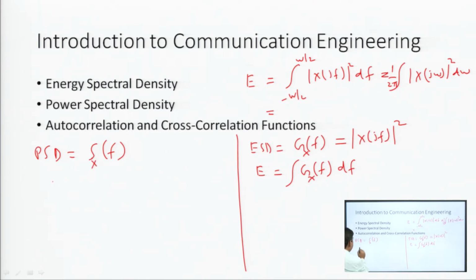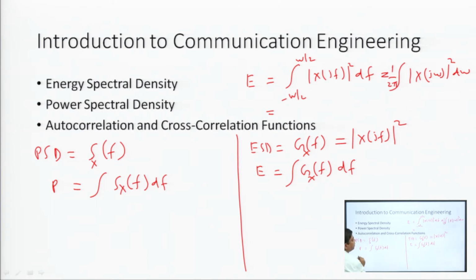Then we can find the power P equal to the integral of Sx(f) df in the given frequency range. So power can be calculated using the power spectral density, and from the last slides, P was nothing but